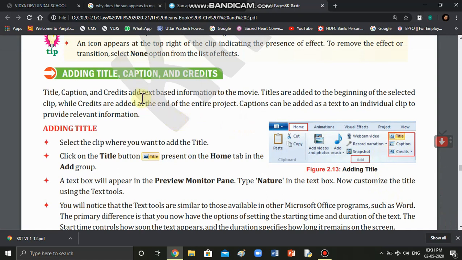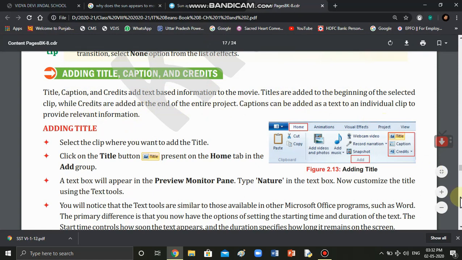So these are text-based information to your movie. Titles are added to the beginning of selected clip, while credits are added at the end of the entire project. Credit, for example, prepared by ABC, etc. Captions can be added as a text to an individual clip to provide some relevant information.